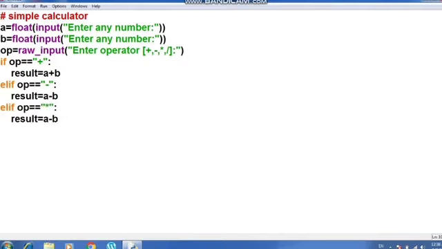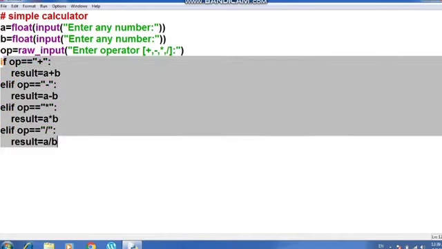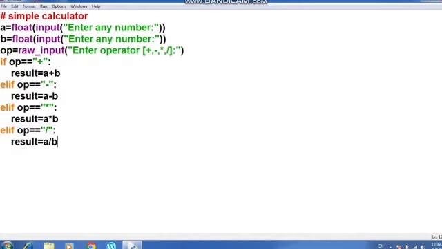Let's copy it. Elif operator must equal to, I'm going to change the sign here, multiplication. So you can use the multiplication sign here, and then once more I will write the division operator, I will do it divide. So what now, as I have written many conditions over here, we already know that if